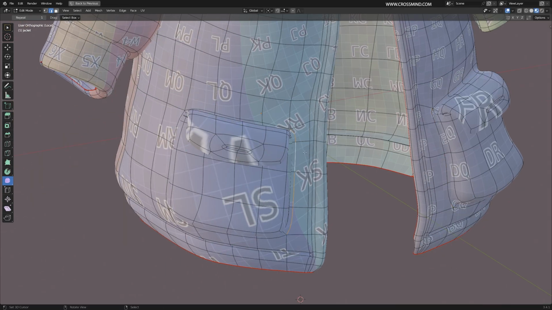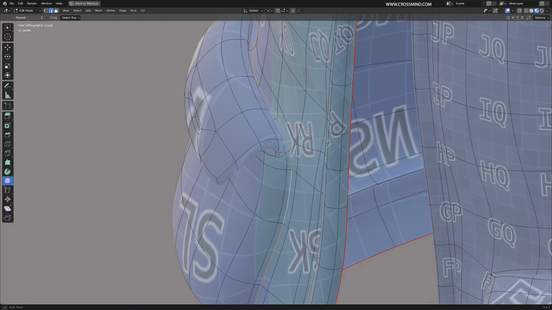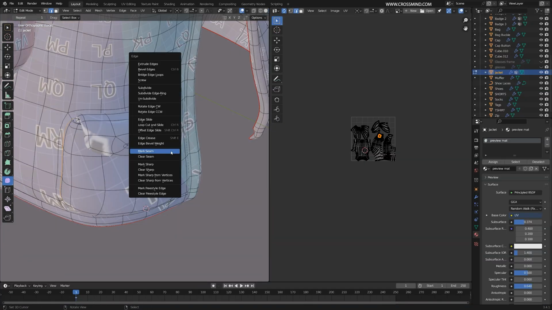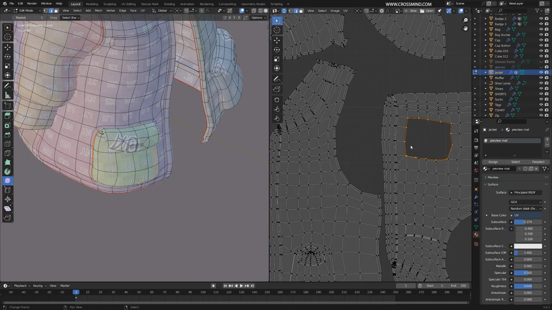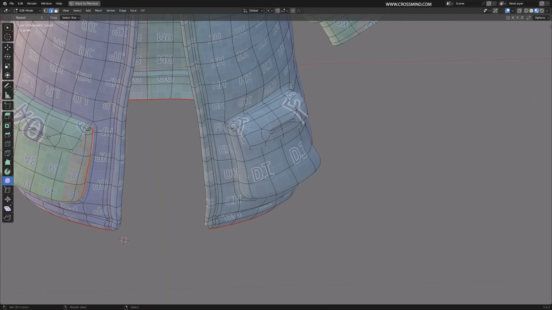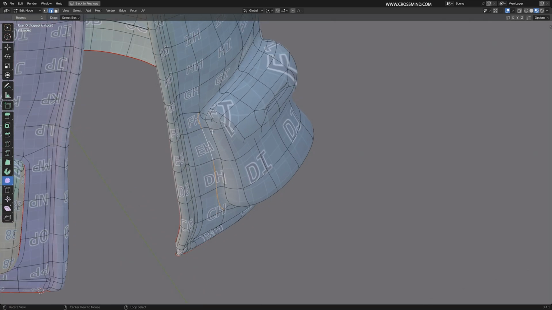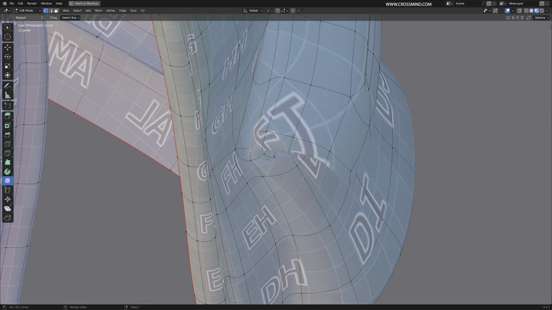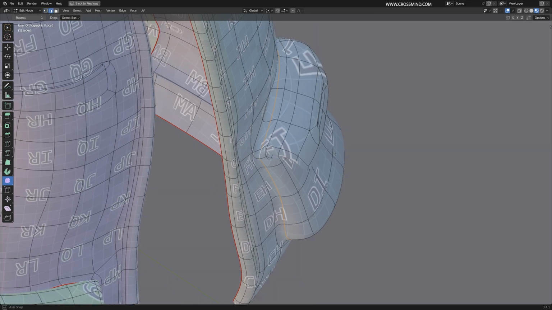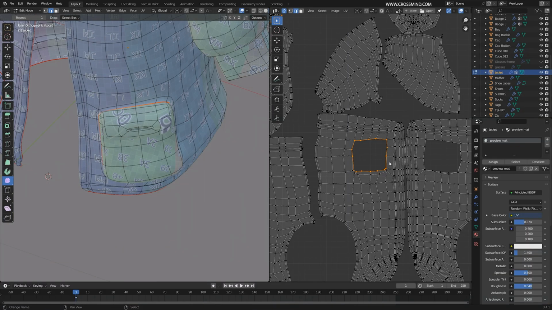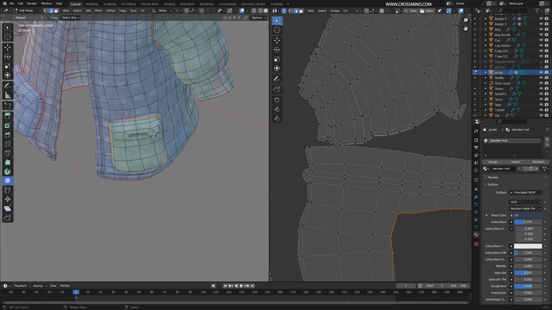We can separate out these pockets from the seams right here. Let's see if it's going through and through. If I mark this as seam, it's going to rip apart this whole section and place it somewhere else. Let's do the same for the other side. Yeah, so this and this part, I'm going to merge at center. There was a bit of a problem with geometry. Mark seam as well. So both the pockets are now separate parts.